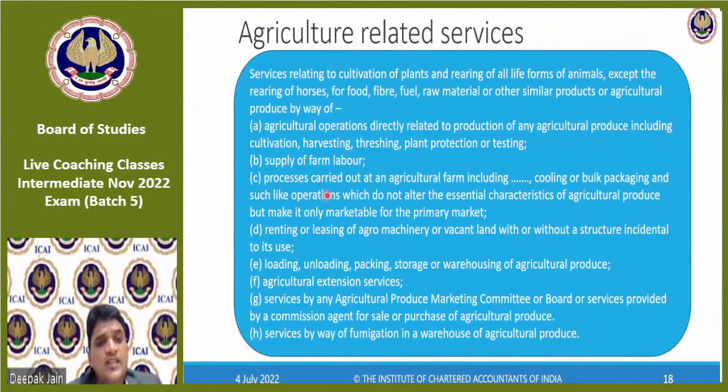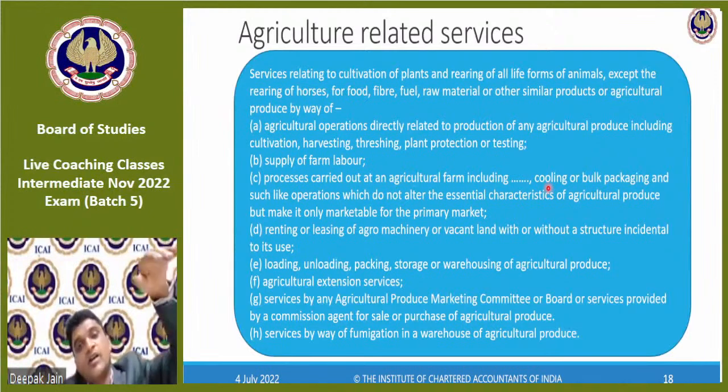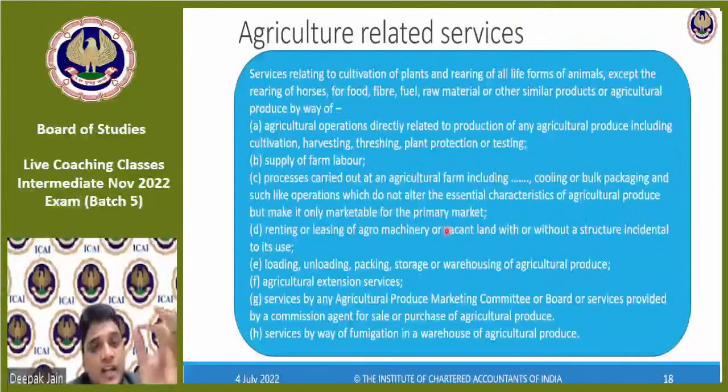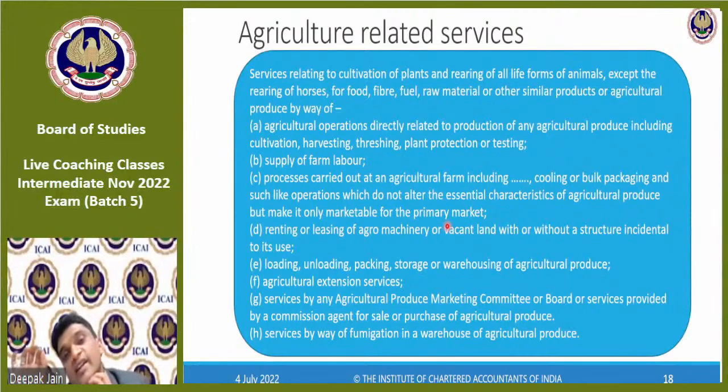देन प्रोसेसेस कैरिड आउट एट एन एग्रीकल्चर फार्म इंक्लूडिंग विच इज कैरिड आउट एट द एग्रीकल्चर फार्म. एग्रीकल्चर फार्म में जो जो इंक्लूड किया होता है वो क्या होता है, कूलिंग और बल्क पैकेजिंग and such like operations which do not alter the essential character of the agricultural produce but make it only marketable for primary market. यहाँ पे समझने की जरूरत है कि एग्रीकल्चर प्रोड्यूस तो बन गया, वो एग्जेम्प्टेड हो गया, लेकिन